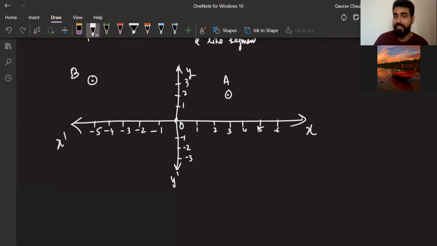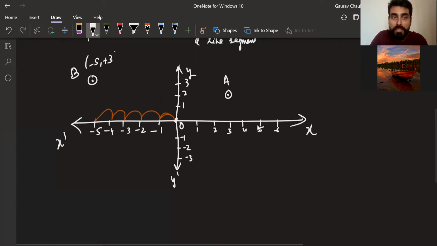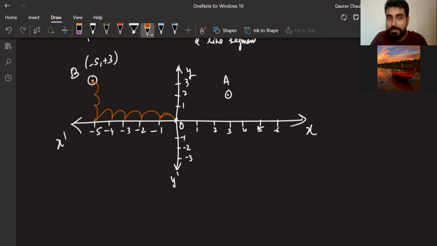This particular point B. Now to reach B, you have to go -5 steps in x. -5 means, you remember the number line, minus gives the direction. So left side, the negative x direction, you go 5 steps, and then how many steps in y? +3, okay? -5 and +3. So you are going 3 steps in the positive direction of y, okay? 3 steps in positive y, all right?